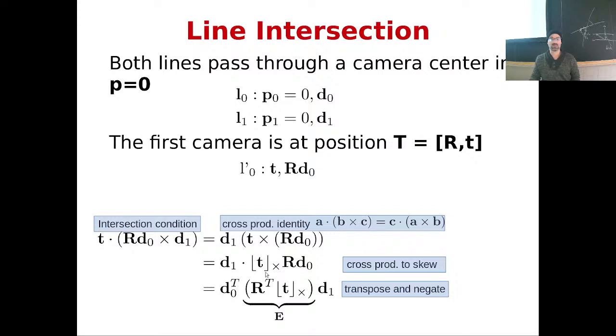Are you familiar with it or not? The cross-product is the skew-symmetric matrix of a vector, right? That's the cross-product matrix that expresses it. It's a 3×3 matrix, which is skew-symmetric. By replacing this cross-product with its own matrix form, we obtain this new formula, which is basically